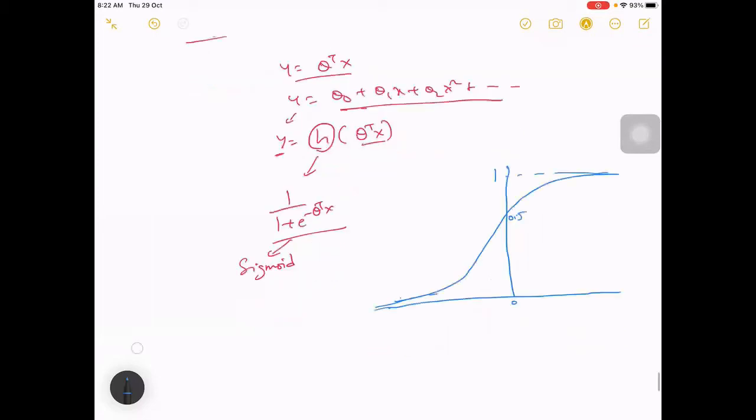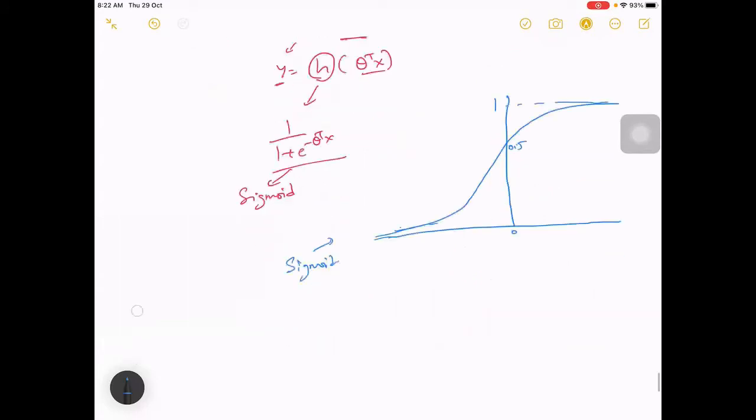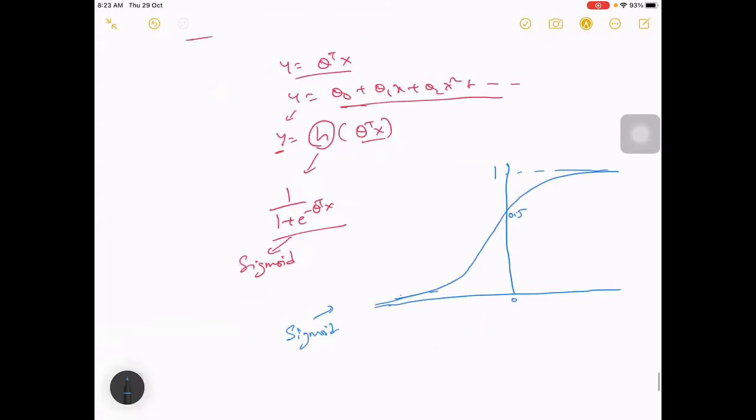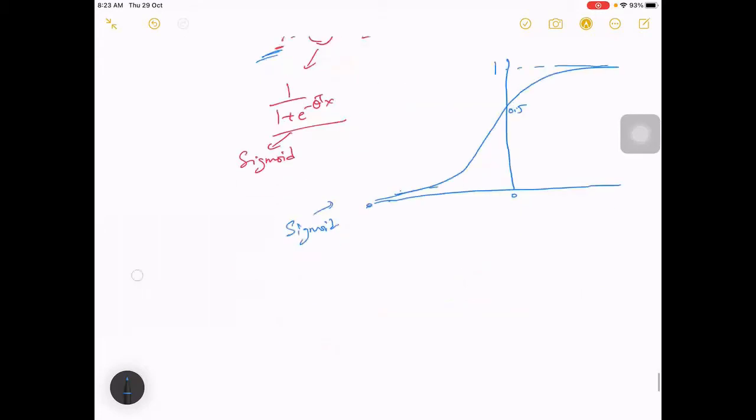So this is sigmoid. The main idea behind using the sigmoid function is that, instead of returning 0 and 1, it will return the probability. Probability values are within 0 to 1, right? So this will finally give you a value within 0 to 1. That is the main reason why we use sigmoid, and also to restrict our data. So this is for one sigmoid.